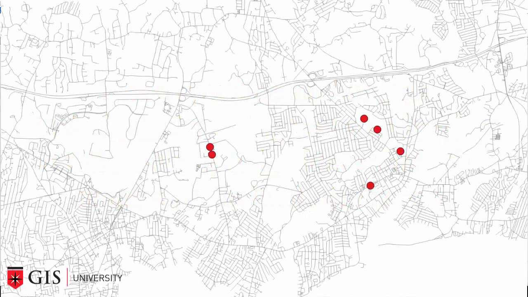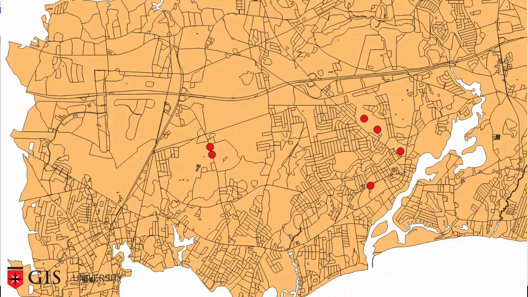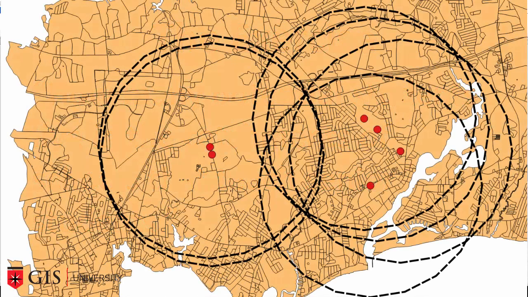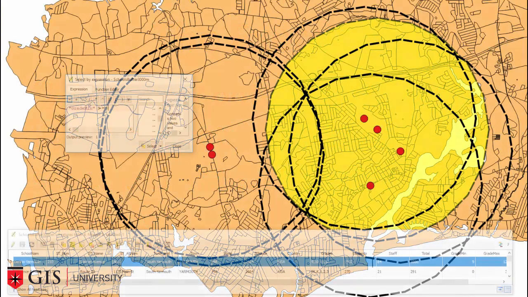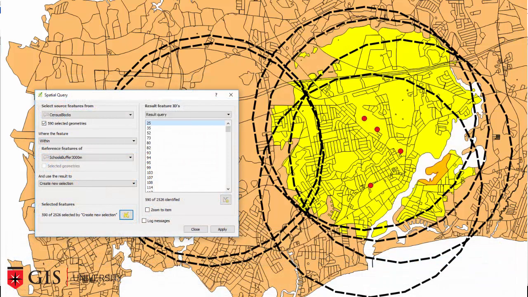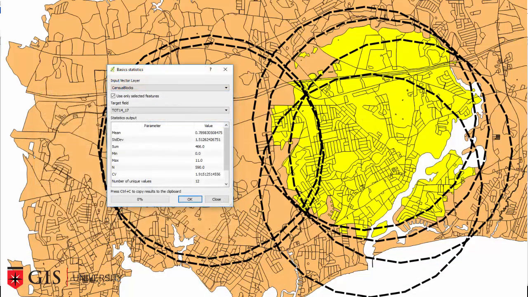We start with a GIS map of schools and a GIS map of census areas. Now, from these two maps, we'll determine how many potential students live in the catchments of schools that teach senior students. It is an exercise that involves buffering, database query, geographical query, and data summary. Now, although it's a short exercise, I promise you that by doing it, you will learn the bare essentials of